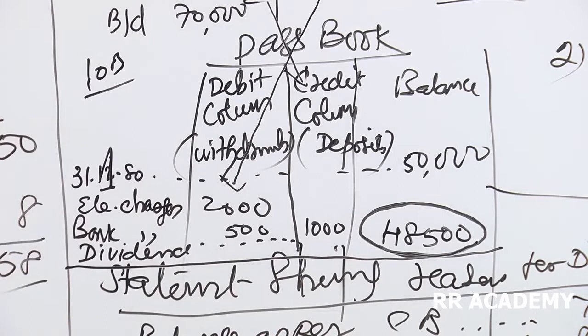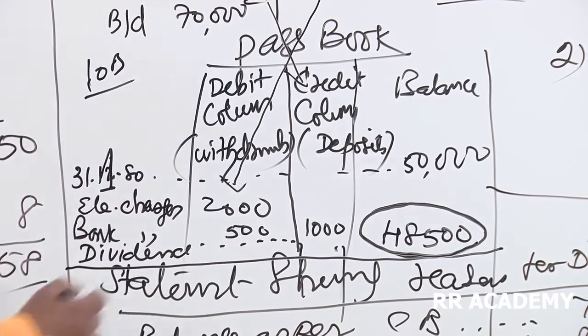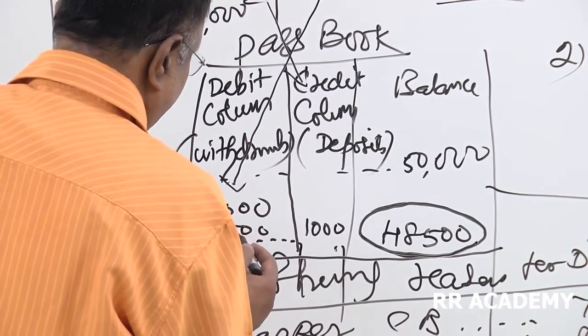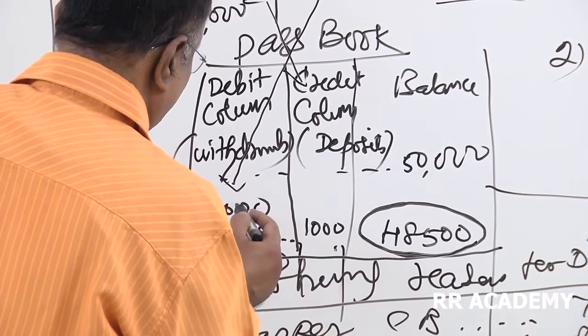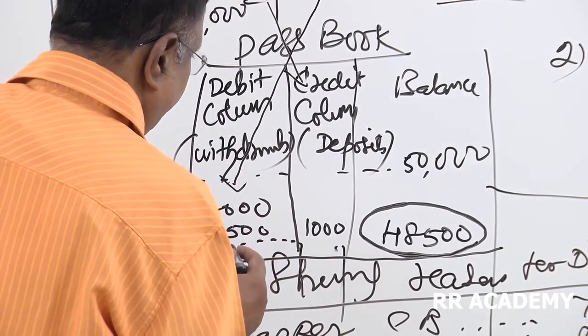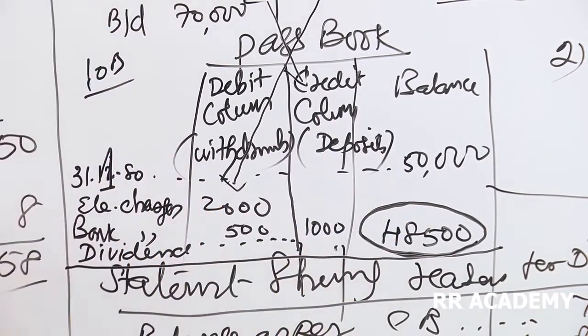Correct. 50 minus 2, 48, oh sorry, 47,500, plus 1,000, 48,500. Right. Now, friends,